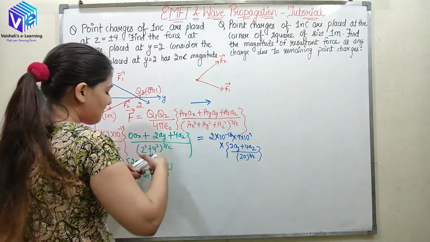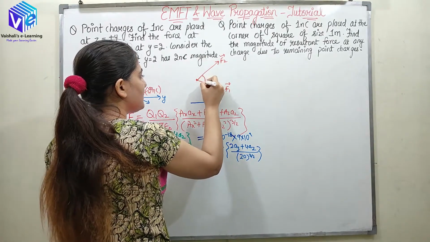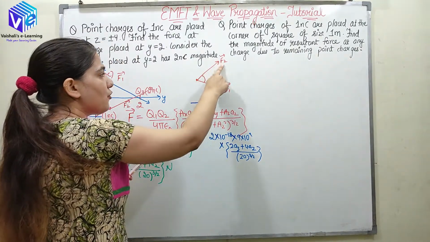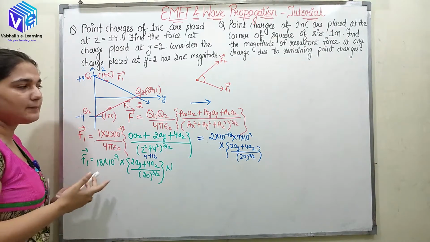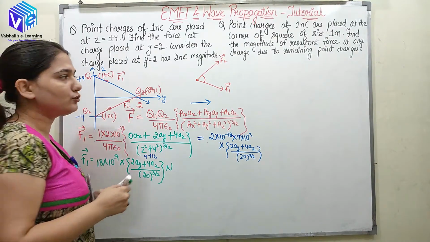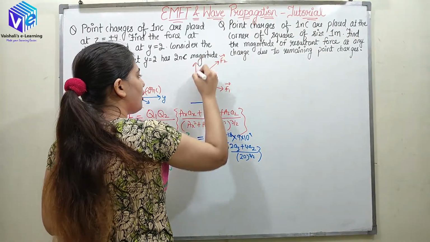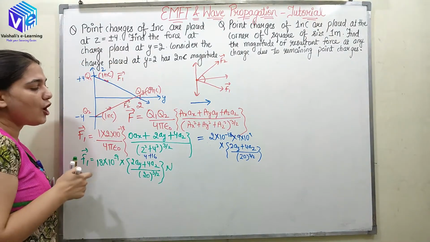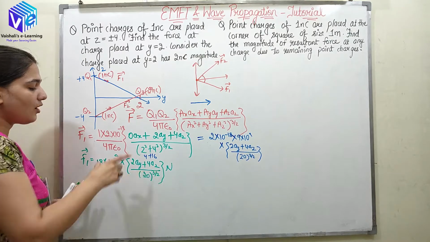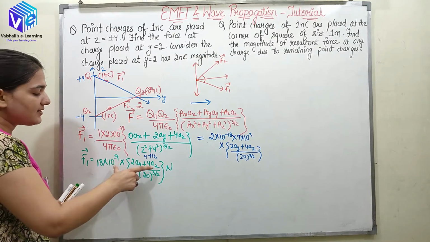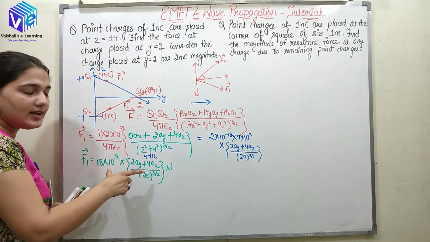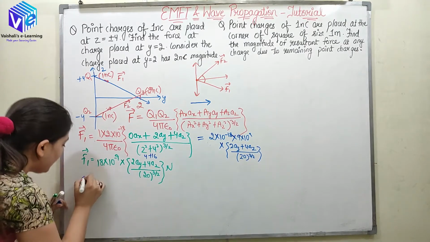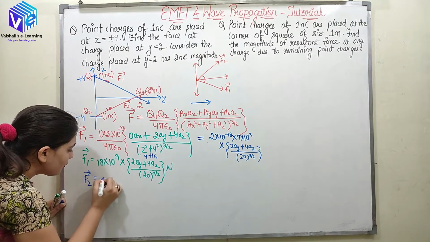So here we have some angle, it's not exactly opposite, and we can find out the resultant of force F1 and F2, which will be the force acting on Q3. So what I can do, I can resolve the horizontal component and the vertical component, or I can take the representation in the vector direction and add all the vectors. So here if I take F2 as a vector, it will be equal.